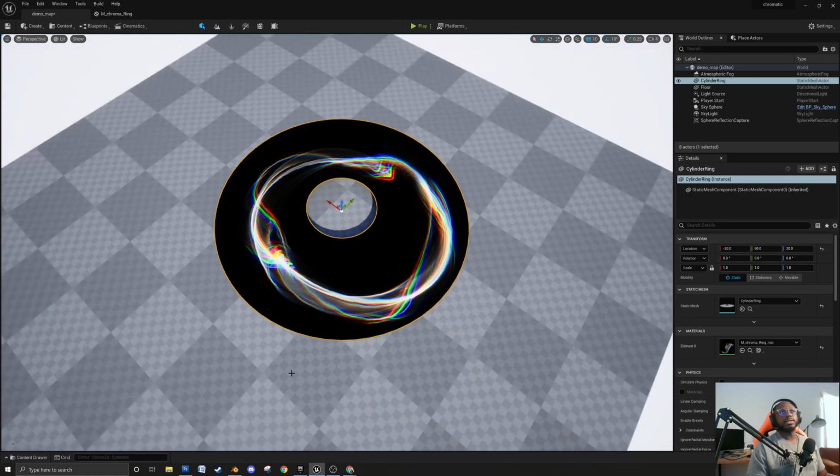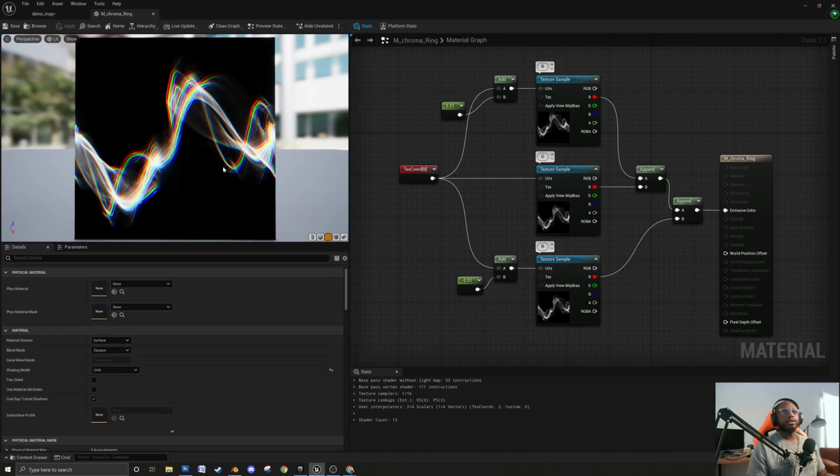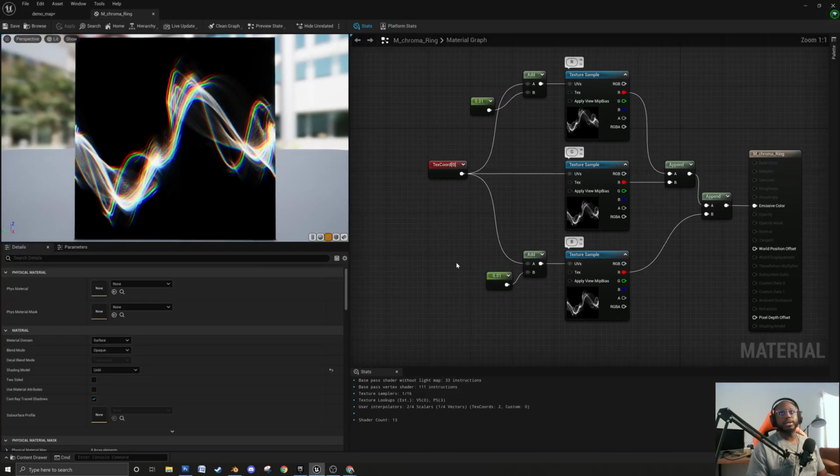One of the things that's kind of interesting about this effect is that we can give ourselves the ability to decide how far away this aberration actually takes place. So we're using a value of,